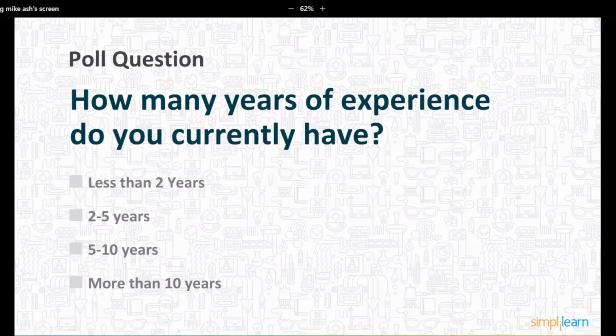So, Stuart, we've got another poll on people's experience level. Yeah, related to that last slide, just like to get a feeling for the level of experience of folks in the audience. How much experience do you have in the workplace? Not necessarily in AI and ML, just general working experience. It's open for about 3 more seconds.